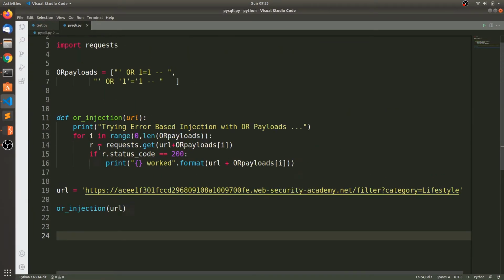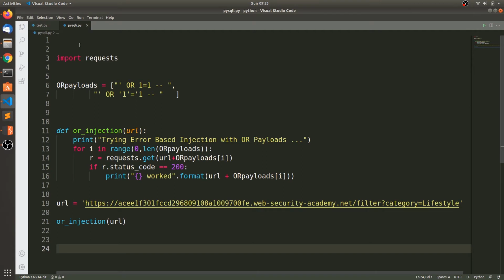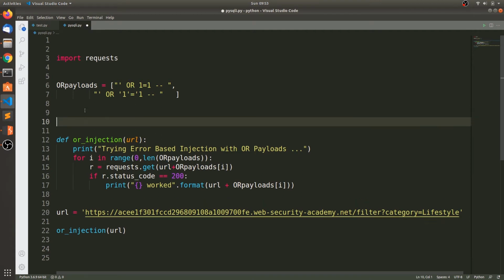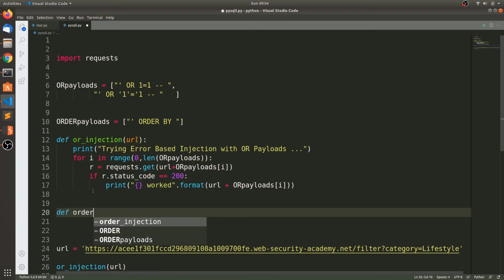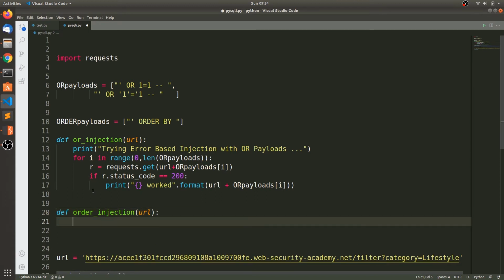Now let's go in and try to automate this with Python. What we have is order by. Let's say, trying the number of columns with order by.